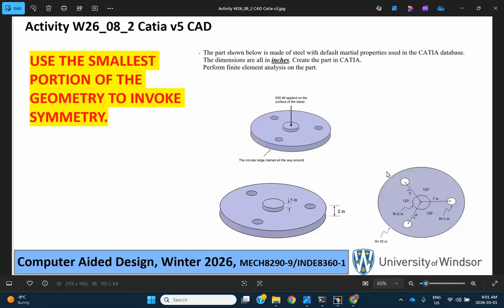All right, folks, this is the second activity of week 8 in the CAD course, winter of 2026, and we're going to do finite element analysis of this part in CATIA V5. However, notice that it says use the smallest portion of the geometry to invoke symmetry. What the situation is this: